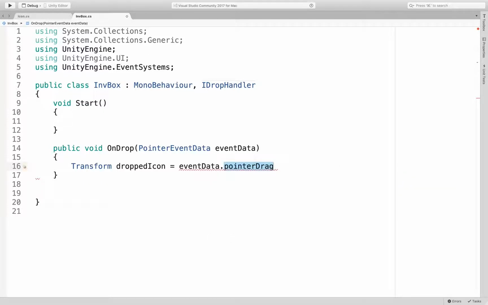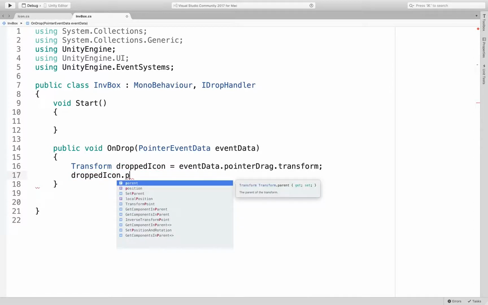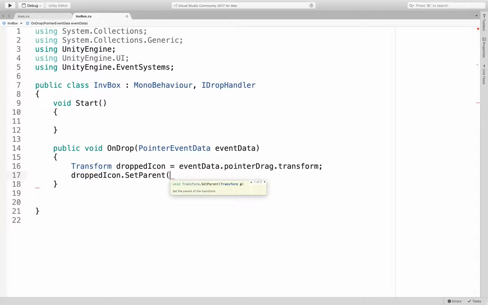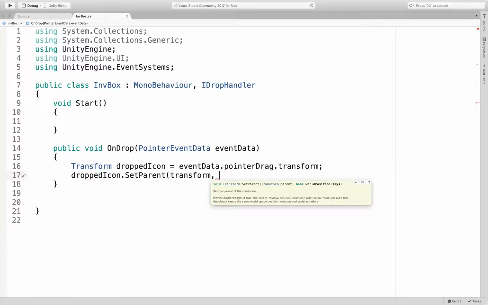Perfect, pointer drag, dot transform. All right, and what do I want this dropped icon to be? I want the dropped icon's parent to be me. So that's just the variable transform. And I want, again, to use false here to basically say you snap to your new position dictated by the